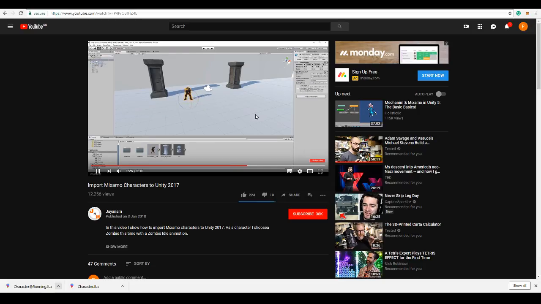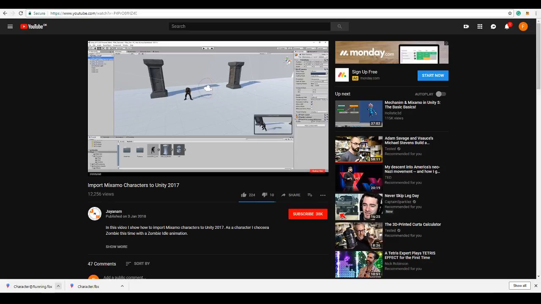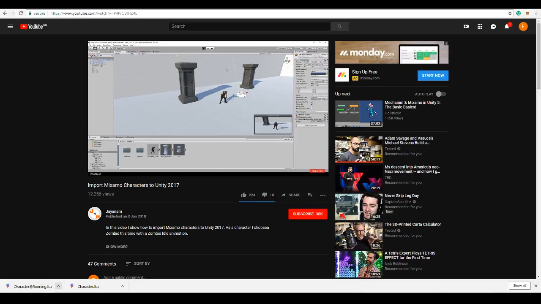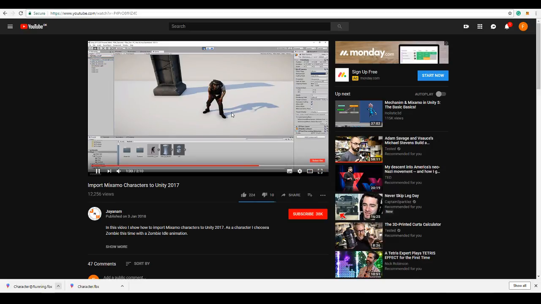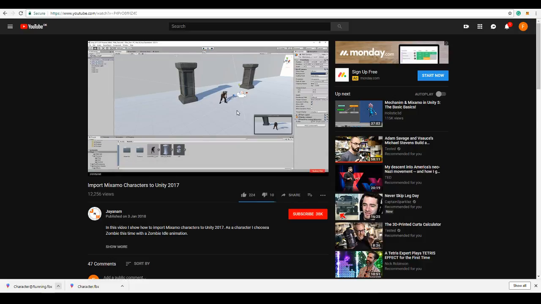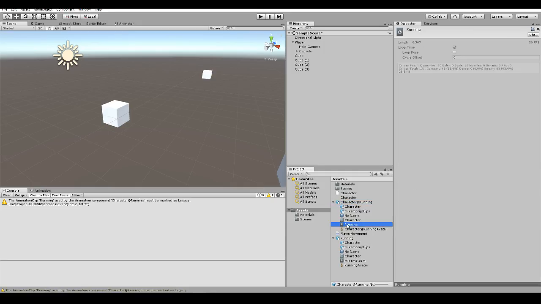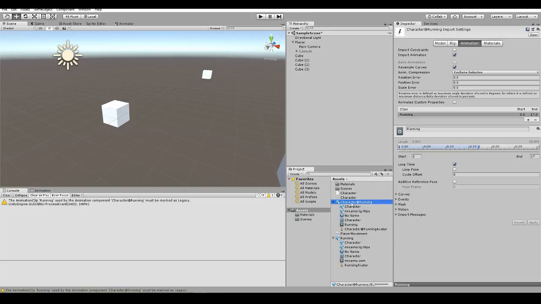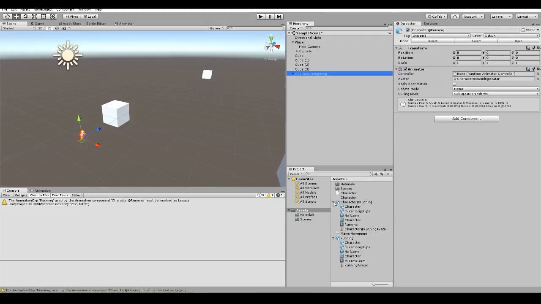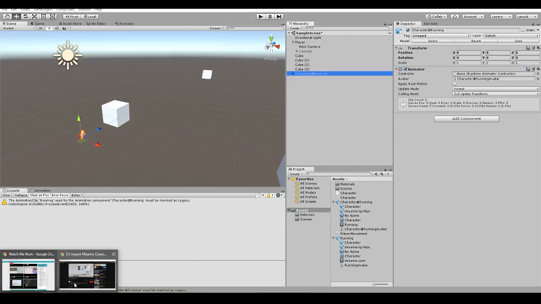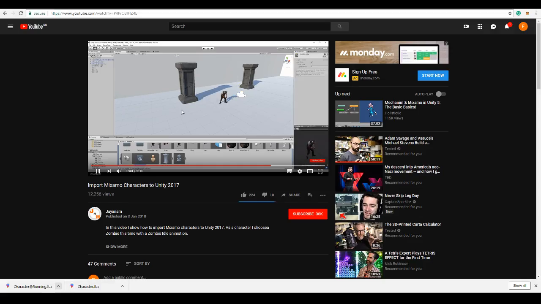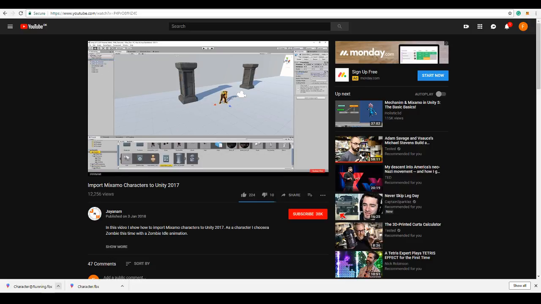Okay, now let's rotate the guy around and align the camera, and then start the game, and yeah, not bad. But what is missing is the animation, so I select the idle animation clip and drag it to the character. Then an animator controller is created with the idle animation as